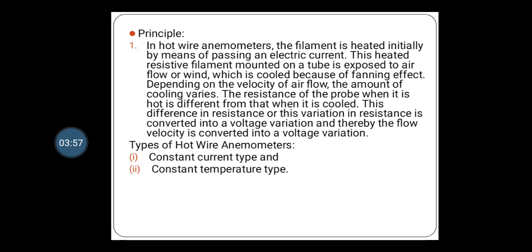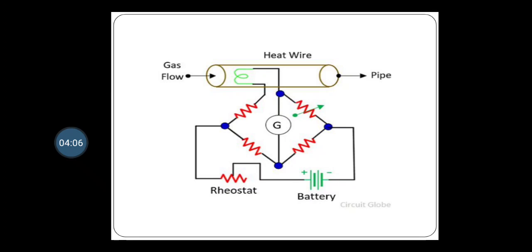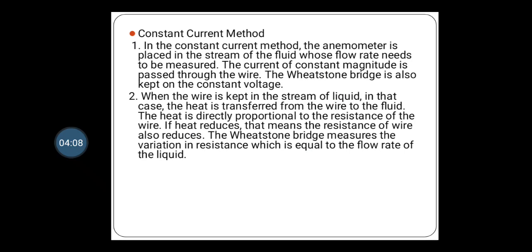These are the types of hot wire anemometer. There are two types: the constant current type, and the constant temperature type. Now the constant current type anemometer. The main parts are a pipe, thermocouples, transformer and indicator, and the principle is measuring the effect of the flowing fluid on the hot body by using a constant current.